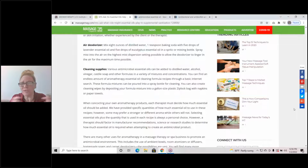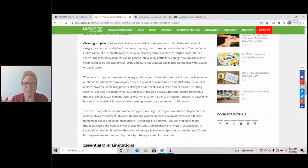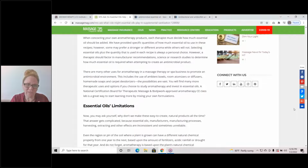So in the air deodorizer, I suggest using distilled water, lavender, eucalyptus essential oil, maybe some baking soda, mixing it and spritzing it throughout the room. Also, cleaning supplies. You can add in some rubbing alcohol, vinegar, Castile soap. All of these things, adding a little bit of essential oil to these can really make a magnificent natural antimicrobial cleaning agent. Okay, so we love when you can get away from chemical synthetics and you can use something from nature. And we think this is a wonderful way of using nature to clean or sanitize your treatment room